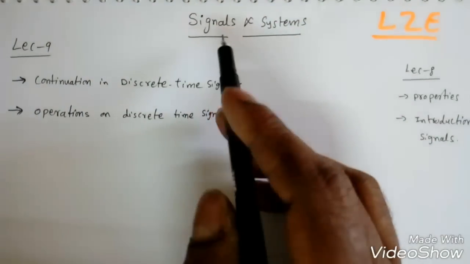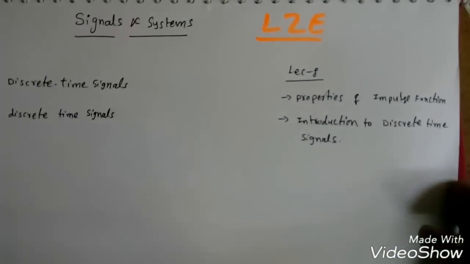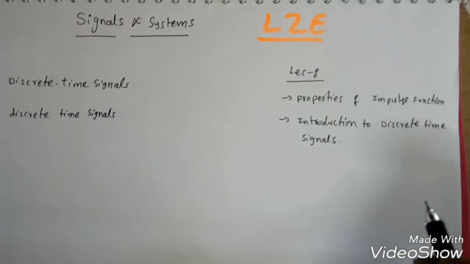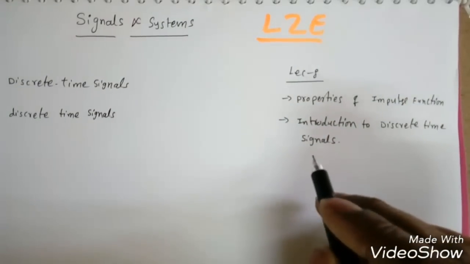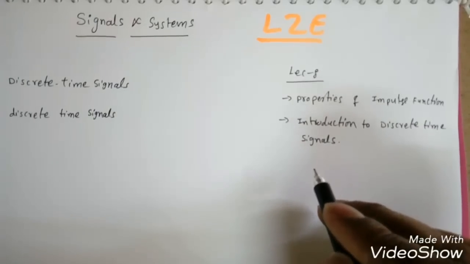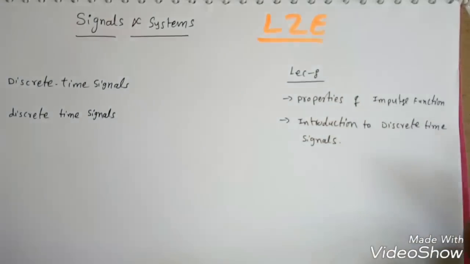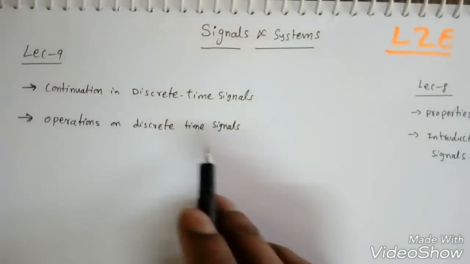Lecture 9 in signals and systems. In previous lecture 8, we have discussed some properties of impulse function, and I introduced the discrete time signals, that is impulse sequence or impulse function, unit step sequence and a ramp sequence, right? And in this lecture we will continue with the discrete time signals, and we will also do some operations on